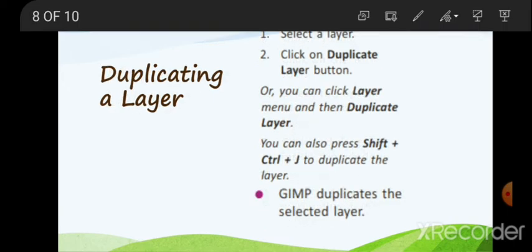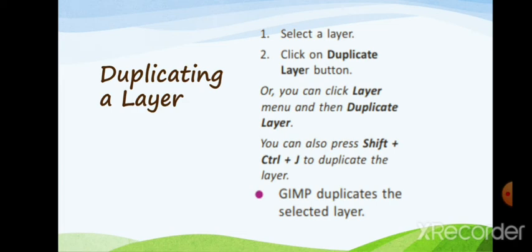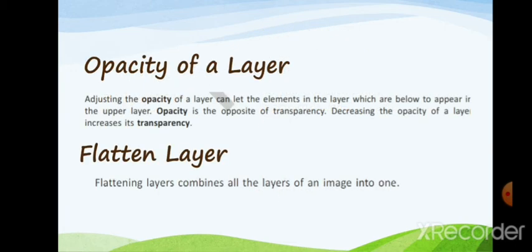Duplicating a layer. Select a layer and use the duplicate layer button, or you can click the Layer menu, then Duplicate Layer, or you can press Shift plus Control plus J, which is the shortcut for duplicating a layer. Yes, of course, Shift plus Control plus J. This is a very important shortcut you must know. Whenever you are working in any software, if you know the shortcuts, your work will be fast. So Shift plus Control plus J is to duplicate the layer. It creates two layers of the same